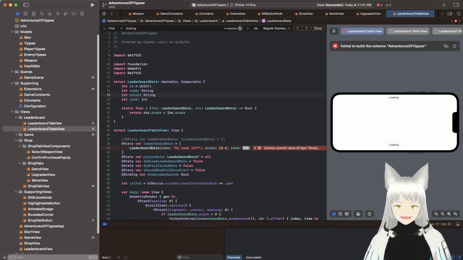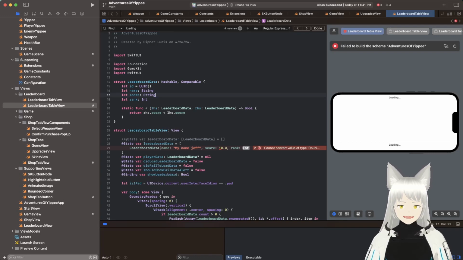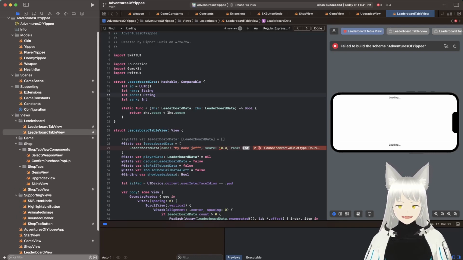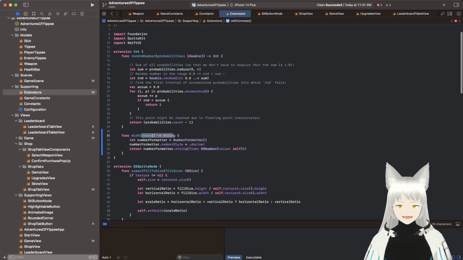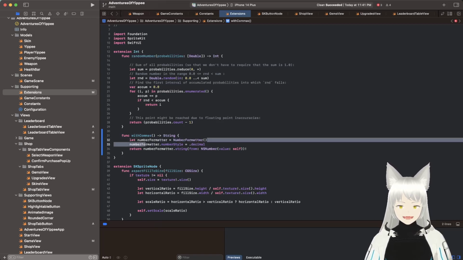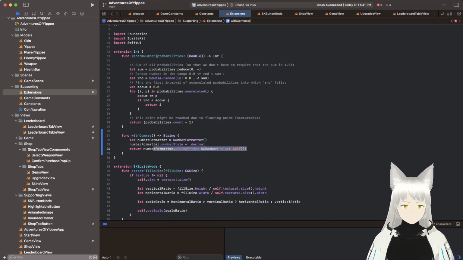So I will question it a little bit, but I won't doubt myself too much. So I passed in this thing with commas, string, number formatter, decimal, do the thing,